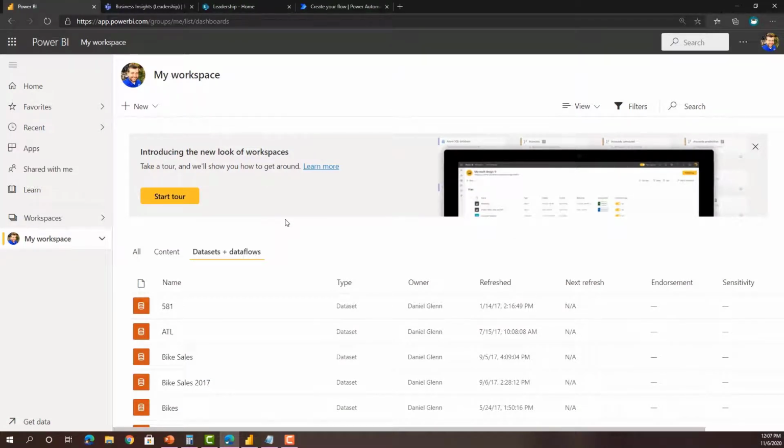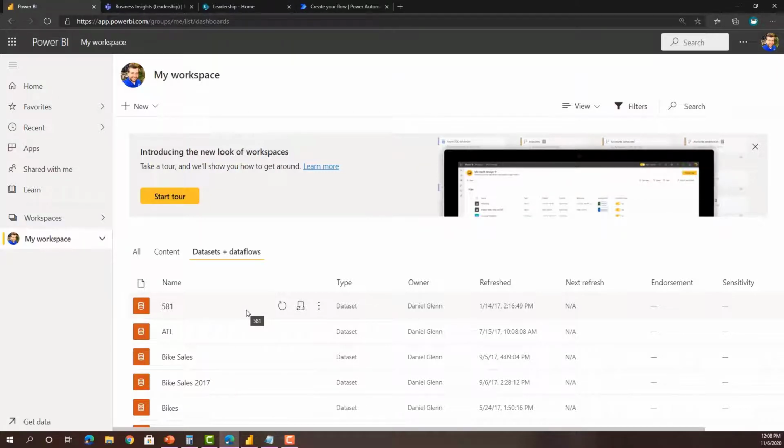And really, My Workspace is that default place for you to create or publish your reports to, create reports, and consume those and work. You get access to the Power BI service just for you. Now, again, this is a free version that is required, so you don't need to pay for Power BI yet. You can publish to My Workspace and just utilize it here until you want to share.